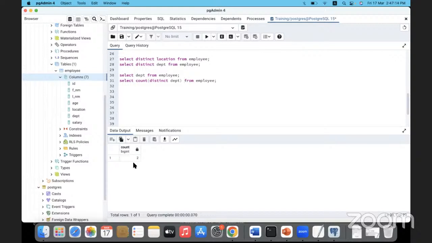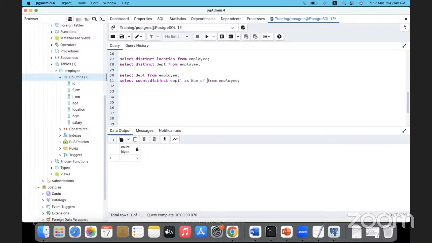Instead of saying count and big int, how about giving it a slightly more meaningful name, which is called an alias name? Okay, how do I give it an alias? An alternate name rather than just leaving it as count and big int. So to provide an alias name, we use as. Okay, select the distinct count of departments and store it as, call it or name it, let's say,